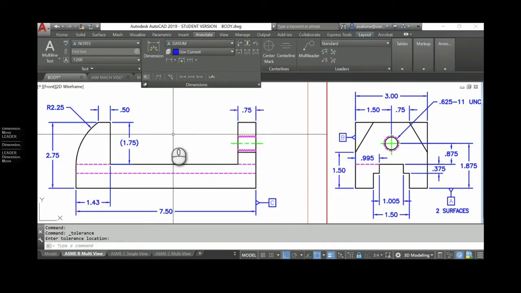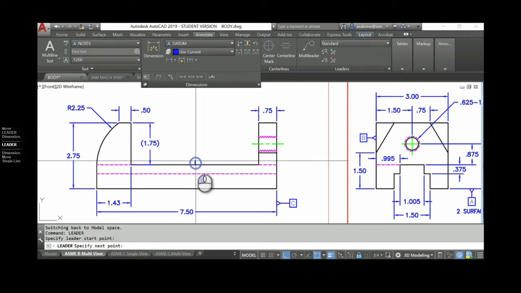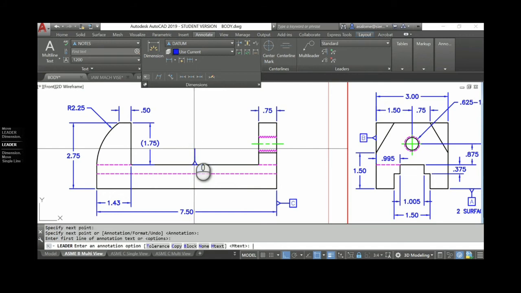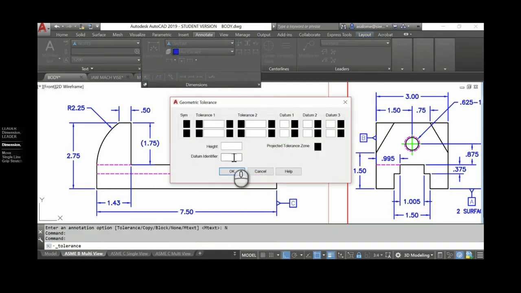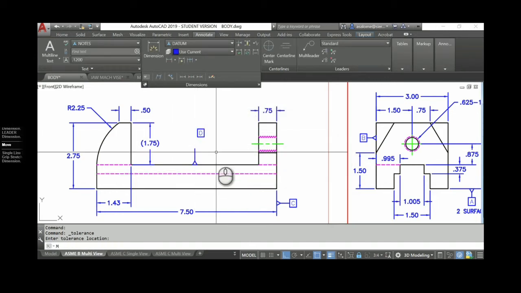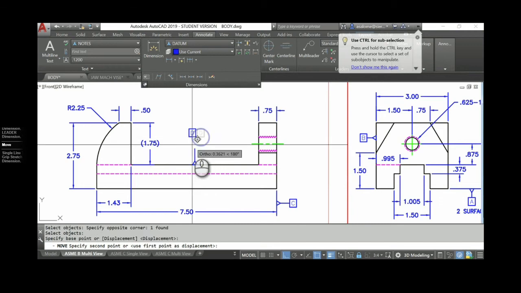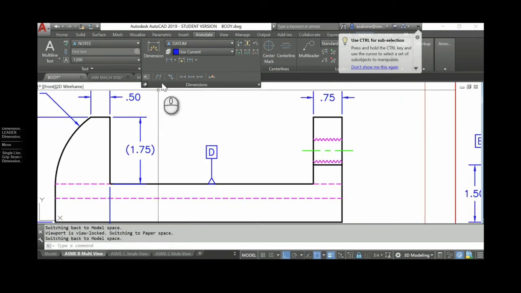Okay, datum D is these two surfaces here. I can only see that here on this face. So leader, pick, enter, enter, N for none. That's going to be datum D. Okay, and again, this is going to get the note two surfaces.